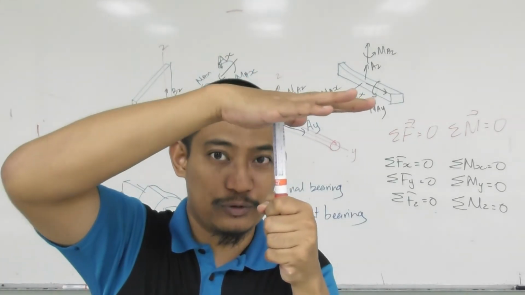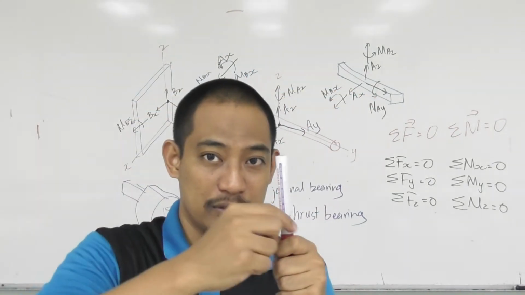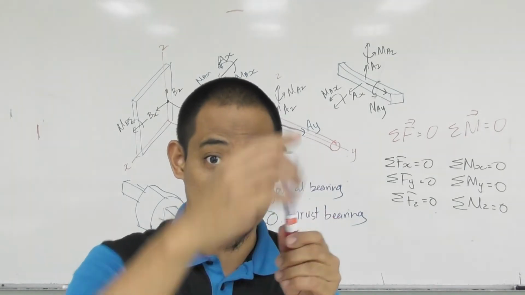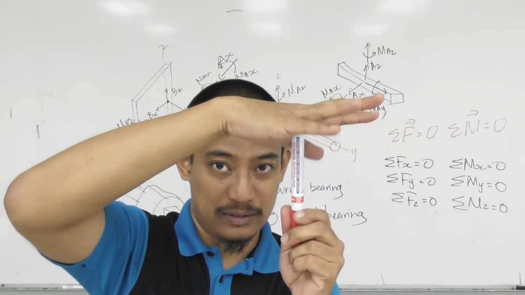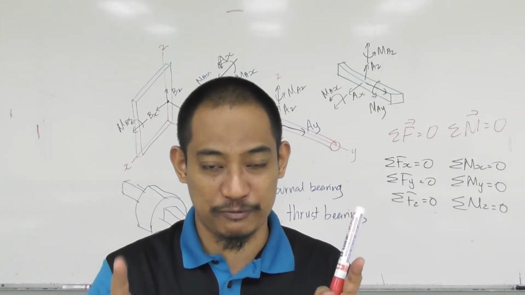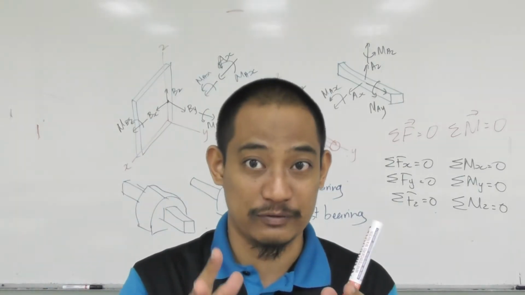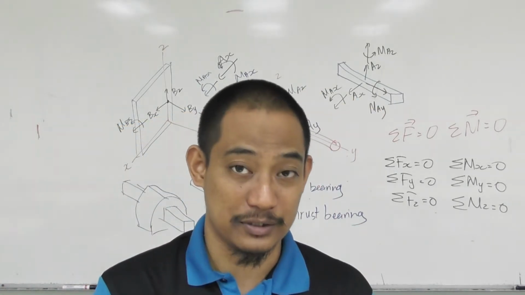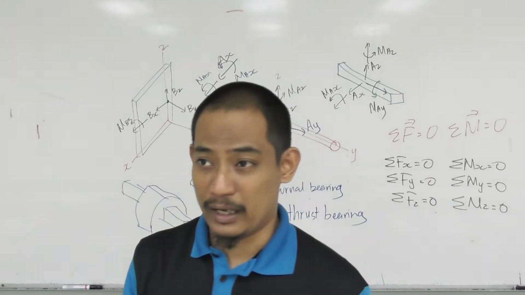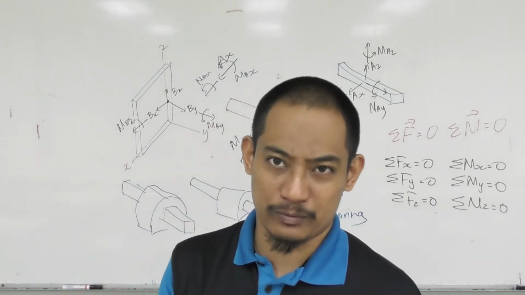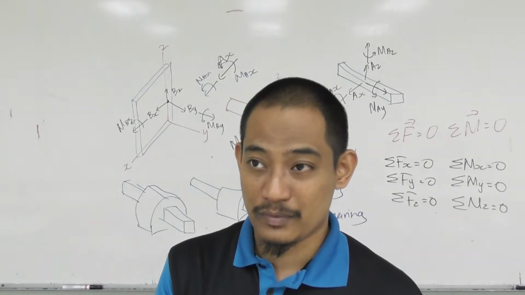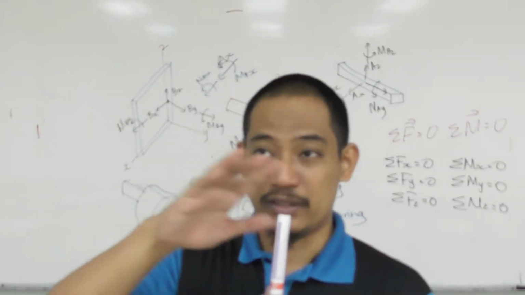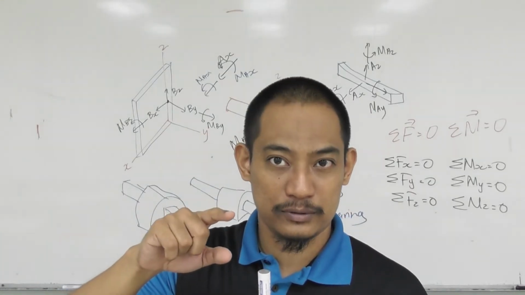But if you have both, it is actually redundant, because movement in the x-axis is prevented already by this, and this one is also preventing it, meaning two different constraints prevent the same movement. That's redundant, right? The same goes for other movements and rotation. So that is what it means by redundant. Normally in real design, it's not a problem. Why? It's okay, it's redundant, more is better. But in terms of static calculation,